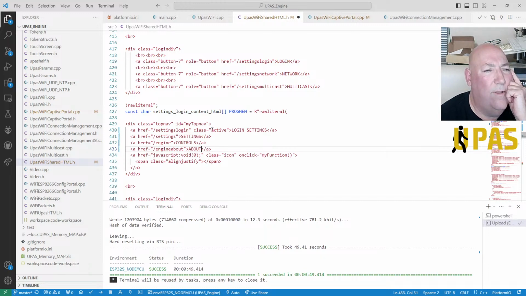Yeah, we do. We do need it. Okay. Right, that's a shame, isn't it? So once you're into settings login, it needs to show you which one we're in. But once you're in it, there's no way to move out of it until you go back to settings anyway. So that could be a title, couldn't it? Yeah.